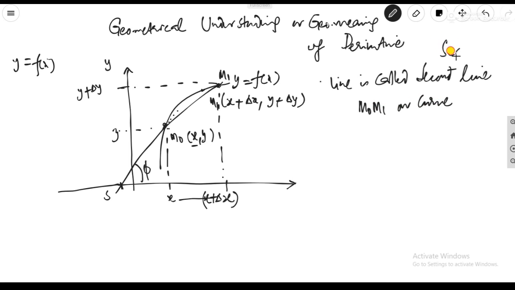This is making an angle called phi. So if we take tan phi in this triangle, this is forming a triangle, right? m1, S, and this point, suppose it can be like S dash something. What happens? Tan phi